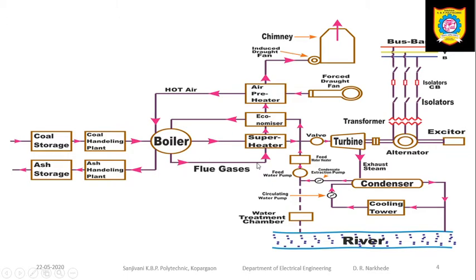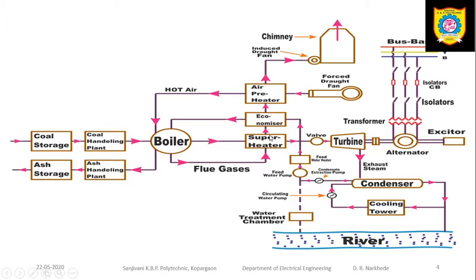Then these flue gases are hot, with temperatures in the range of hundreds of degrees centigrade. If we directly release these gases into the atmosphere, that may result in certain problems. So, to increase the thermal efficiency of the boiler or overall plant system, we use the heat energy of these gases in the superheater, economizer and air preheater. These are the auxiliary equipments which are used to increase the thermal efficiency of the overall plant.